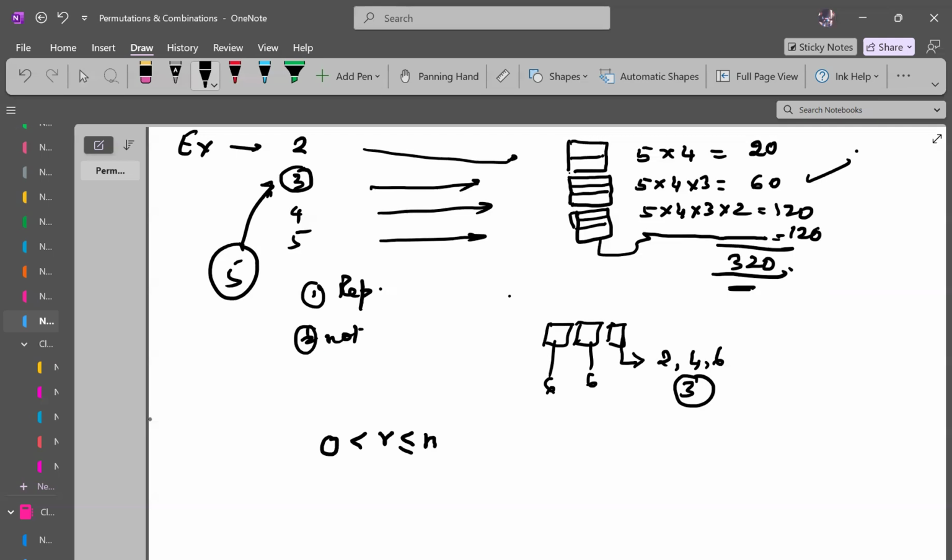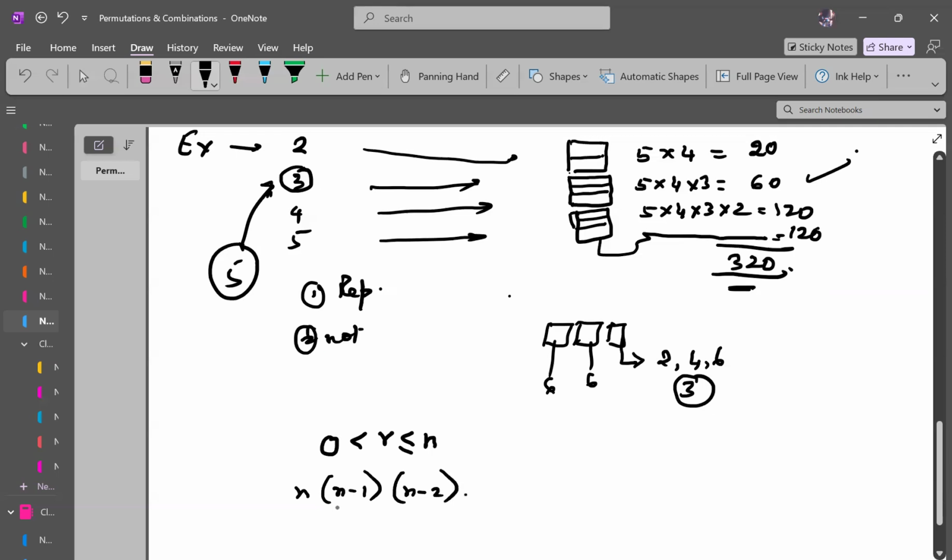Where 0 is less than r is less than or equal to n, and the objects do not repeat, the number is n into n minus 1 into n minus 2, which goes on till n minus r plus 1,